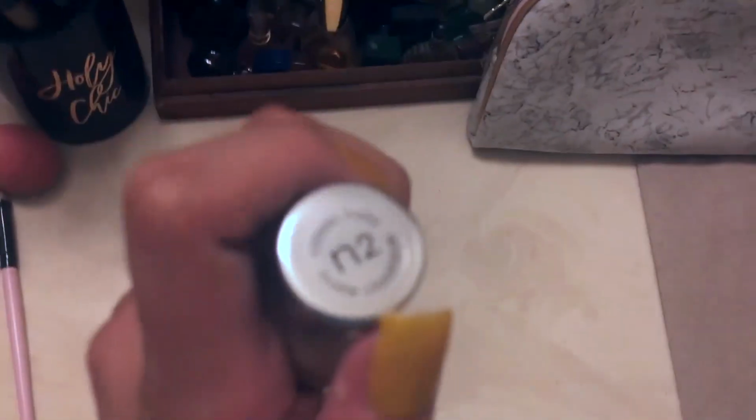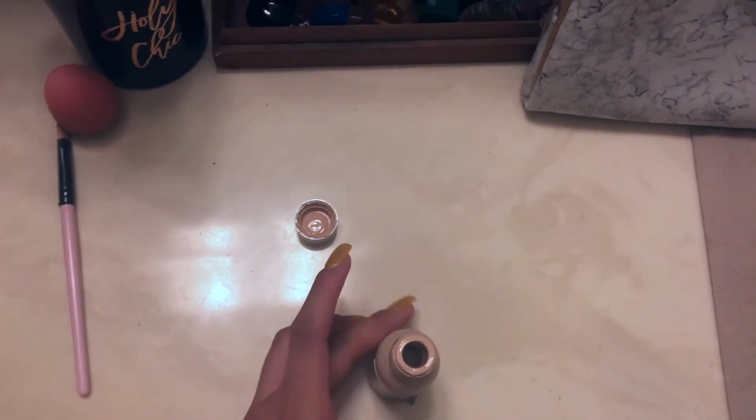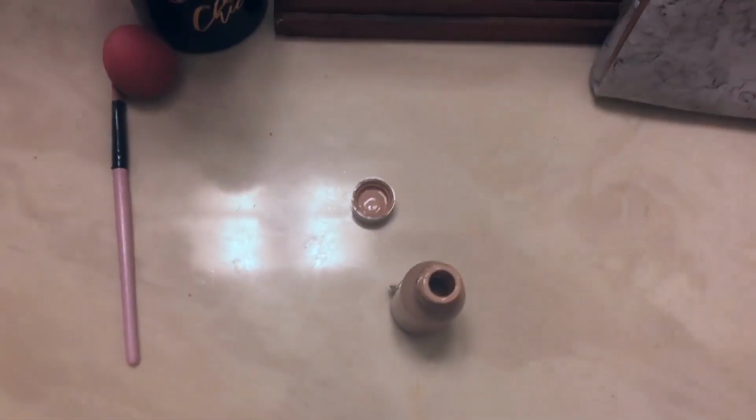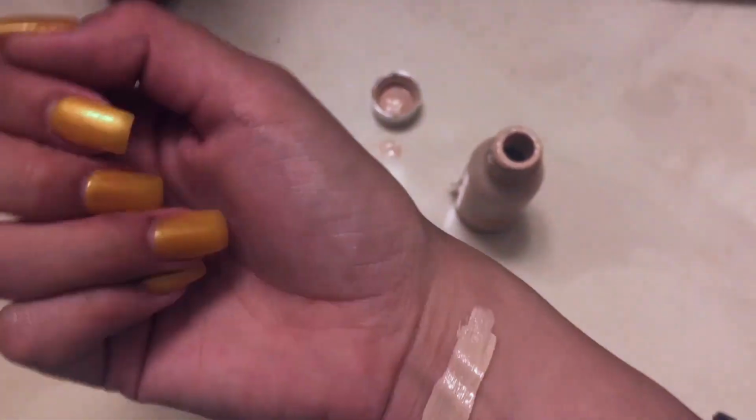I mentioned, I am using Classic Ivory, and you could kind of see my tone. I did get a little tanner, so this may not be perfect. So what I'm going to do, I usually just get that. I have my other hand pour it for me to swatch. As you can see, it is a little lighter. But for my face, obviously, it did not get as tan. It's not a bad thing. It looks super white in there, but it's...